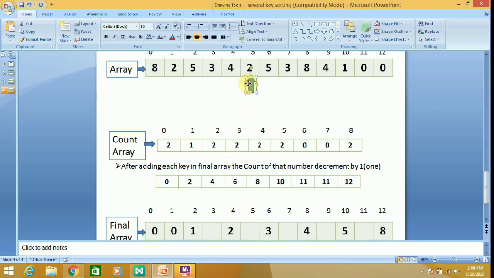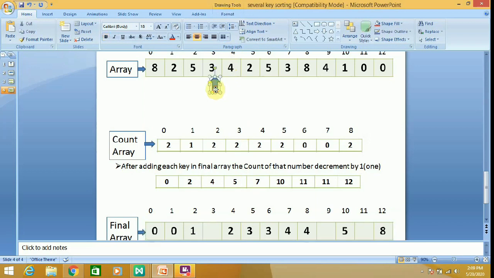Similarly, next go to index 4. What is the value at index 4 now? The value is 8. Whatever the value is, first decrement the position. After that, in whichever position we get, place the element we have to store. Next, index 3. What is the current position? 5, just decrement by 1. After decrementing, in the position we get, place the element from the original array, 3.